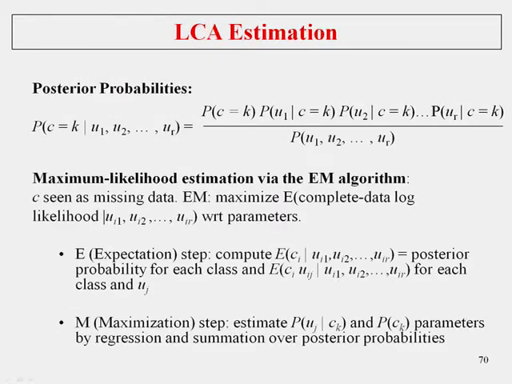Anyway, now posterior probabilities we talked about. These probabilities that we talk about here, probability of U given C, is the probability of observing something given the latent variable. Now we're going to go the other way. Now we've estimated all these parameters. Now we're interested in the probability of a person being in class K given that person's response on the